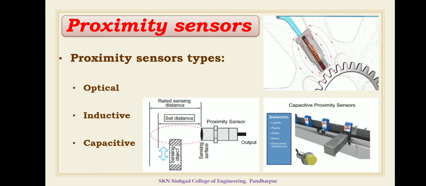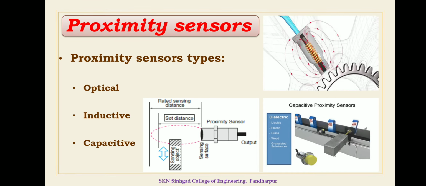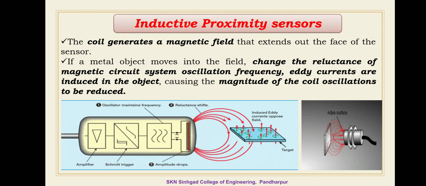The first type of proximity sensor is the inductive proximity sensor. The figure shows an inductive proximity sensor. An inductive sensor consists of a coil wound around a ferrous metallic core. An oscillating detector circuit gives an output to the device. With the supply of voltage, the oscillator produces a high frequency field.